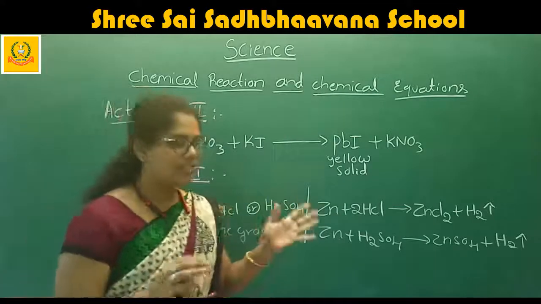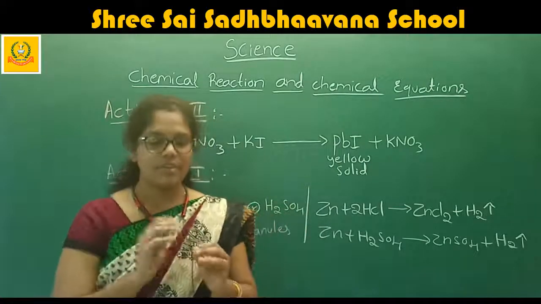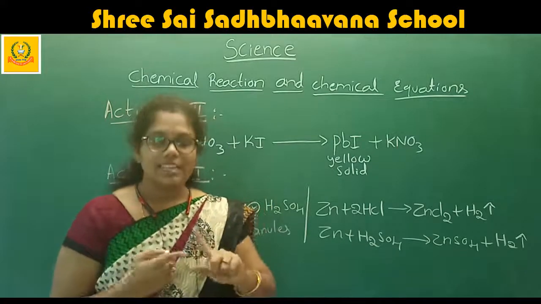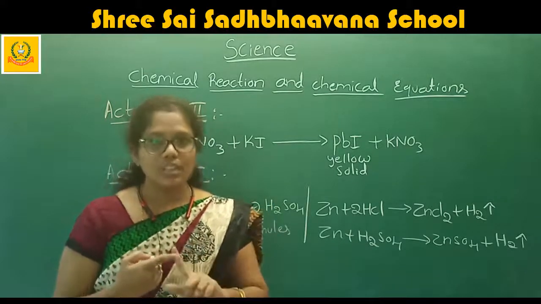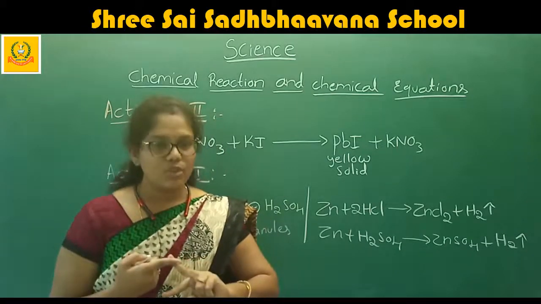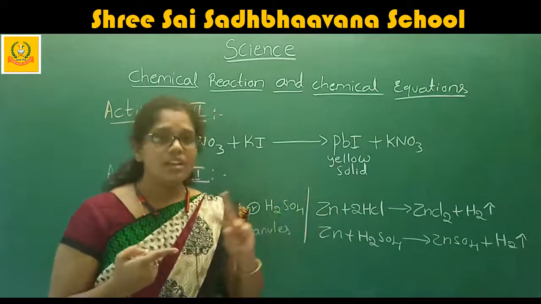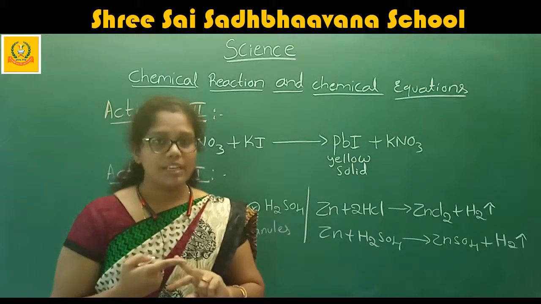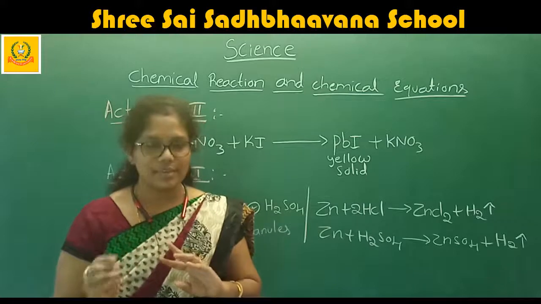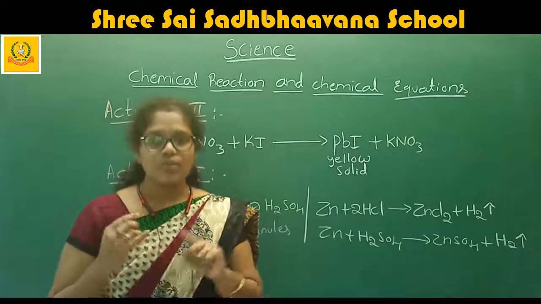Okay, one more time I will tell it. In the first step, you write the boxes. In the second step, you count the number of elements in the reactant side and the product side. In the third step, you take the element with the maximum number first to balance. The next steps are the same thing. You balance the elements only. In the last step, you count.